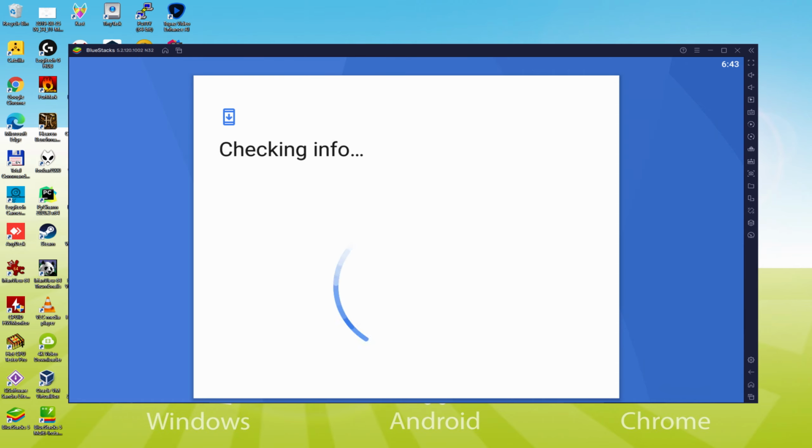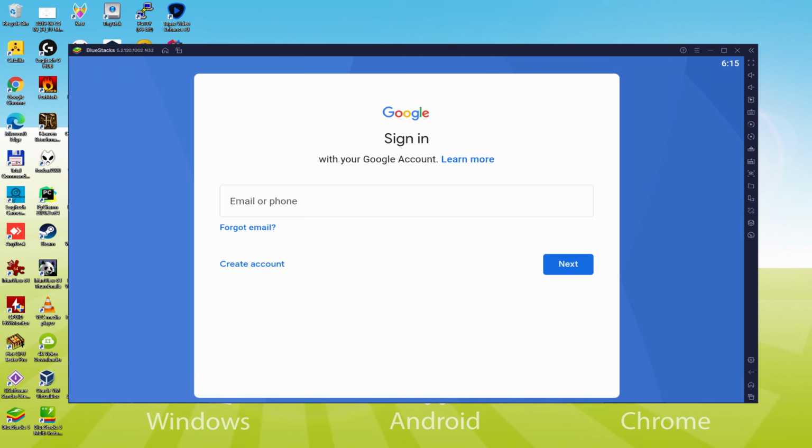Now it announces Checking Info. It might in some cases get stuck in checking info, and so it doesn't move ahead. If so, you should attempt to log in after a few hours and it may most likely be repaired. Now we can type our email and password. The email needs to be a Gmail email and its corresponding password. As an example, you may use the same email you use at the moment in your own YouTube account.